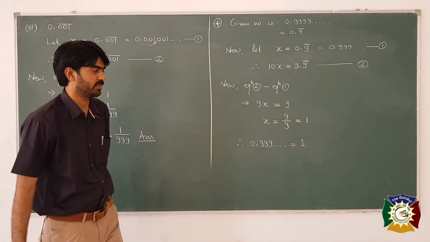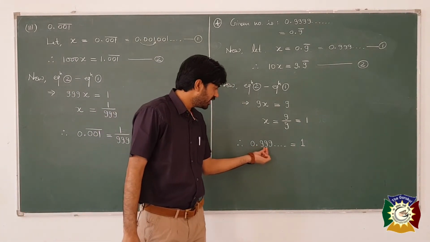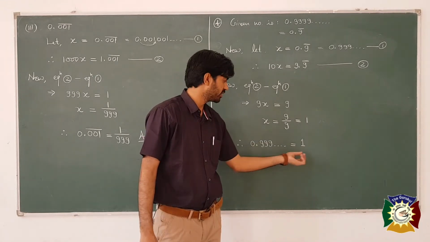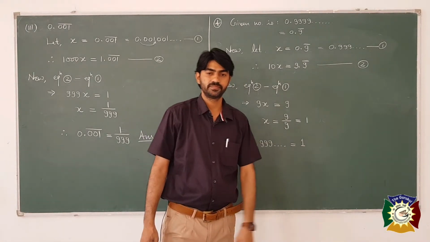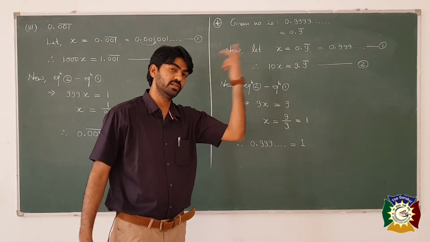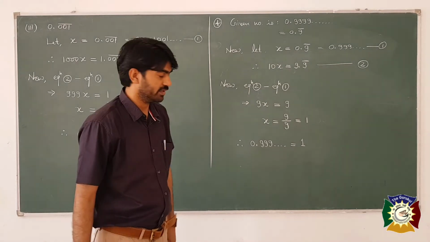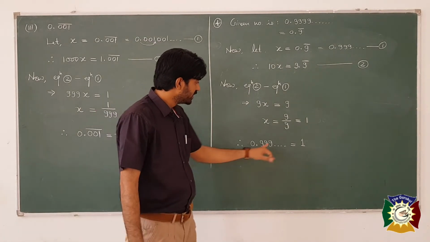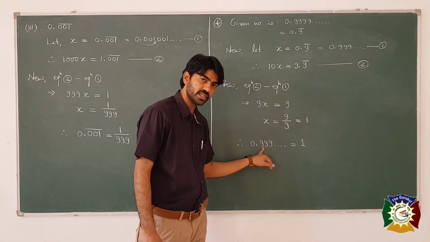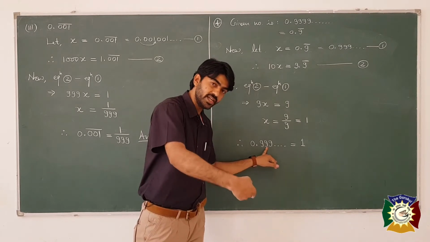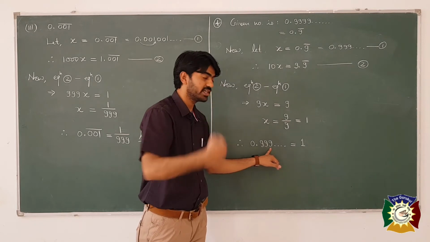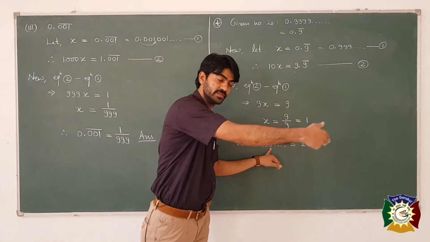Now this is the time to get surprised. 0.999 and so on, infinite 9s are there, and it is equal to 1. Why and how? Then why don't we write 0.99999 in place of 1? See, this number is greater than 0.9, yes. It is greater than 0.99, yes. It is greater than 0.999, yes. It is greater than 0.99999.